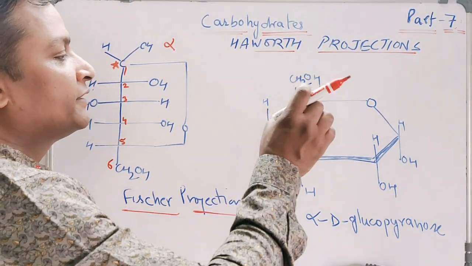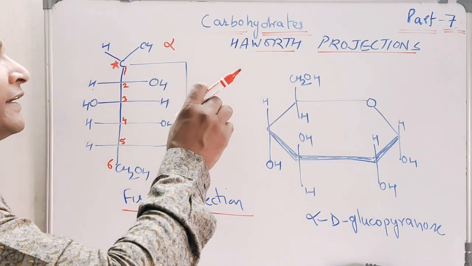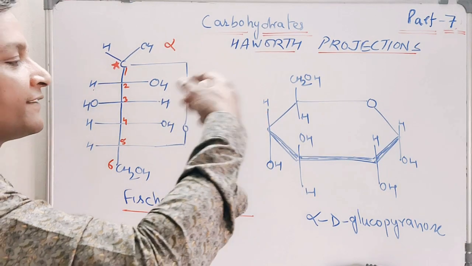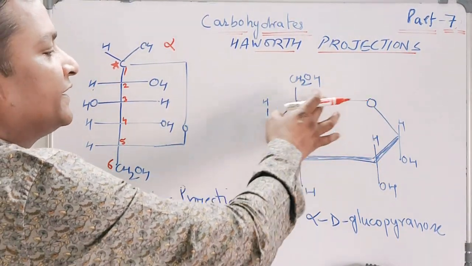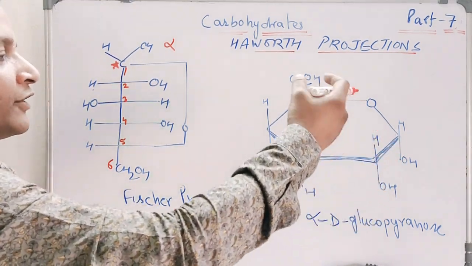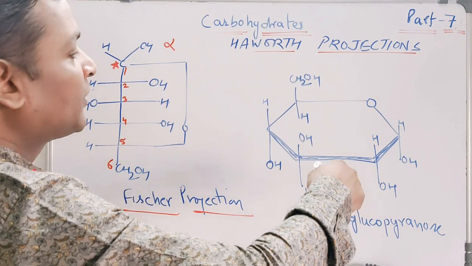Just remember this, that in case of a 6-membered ring, we write the ring in the form of a hexagon. You can just ignore the groups. Just see the ring structure. The ring is hexagonal in shape. So it is a hexagonal ring structure.